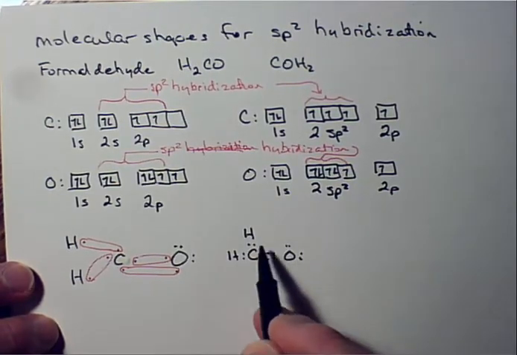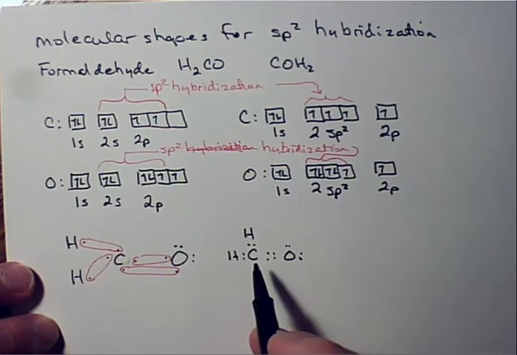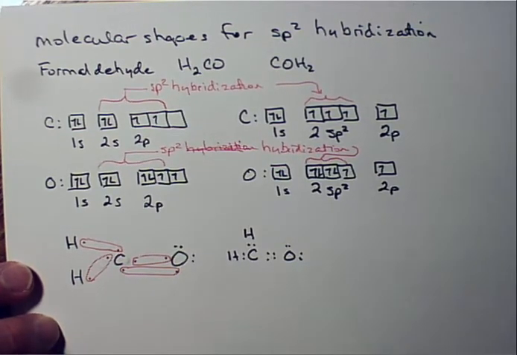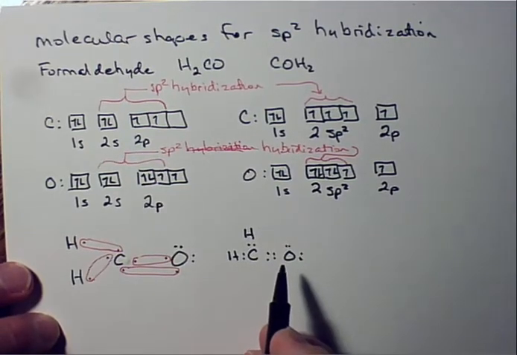So this then is a double bond. For a double bond to happen, I have to have a sigma bond and a pi bond. Okay? So if we were doing balloon models of this, and